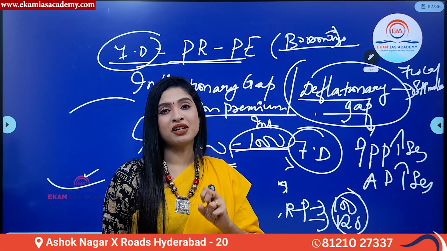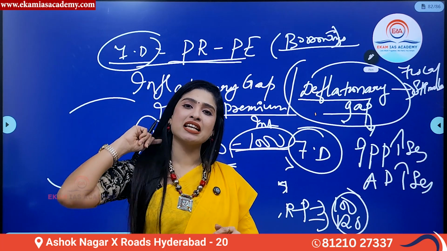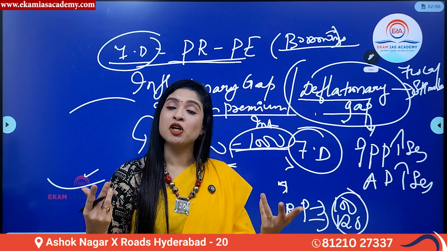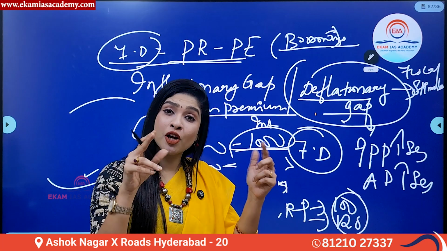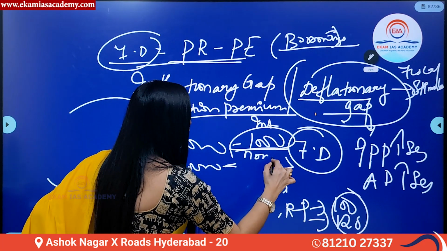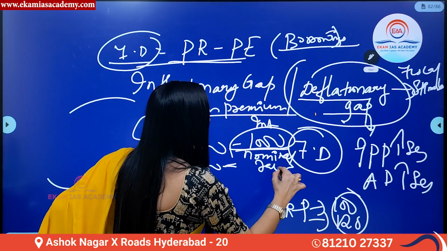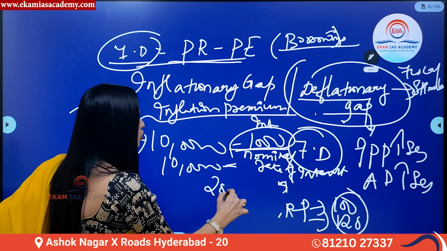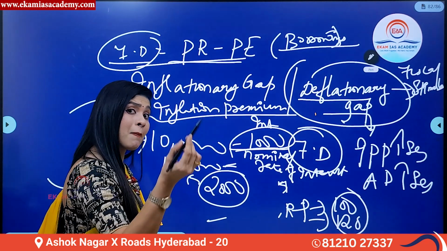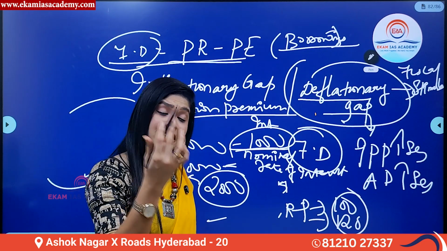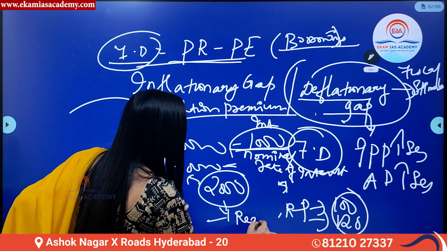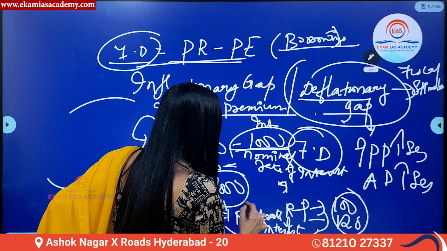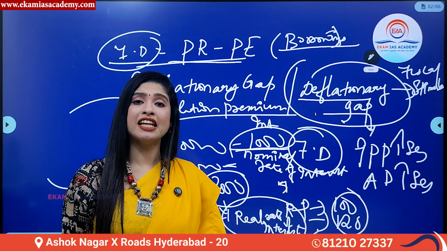If inflation was taken into consideration, next month when inflation increases, for 1 lakh rupees automatically the interest to be paid is what? 2000 rupees. But you're paying only 1000 rupees. So actually you're paying what? The nominal rate of interest, which means the gross interest. You are not including inflation in it. Now, if you are paying 2000 rupees as interest for this 1 lakh rupees, by taking into consideration inflation, then that will be called the real rate of interest.